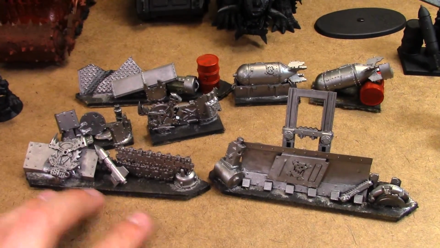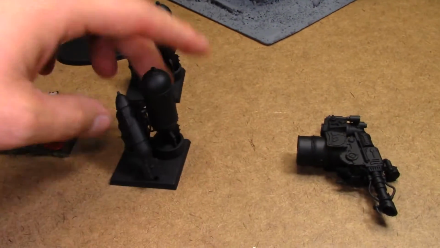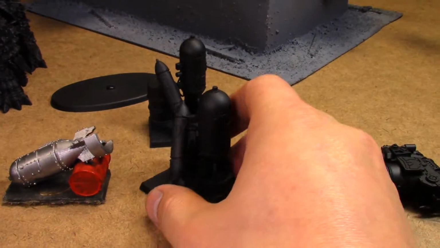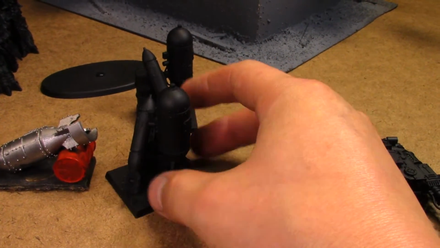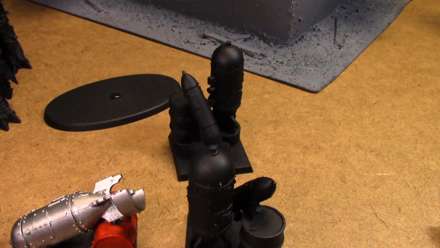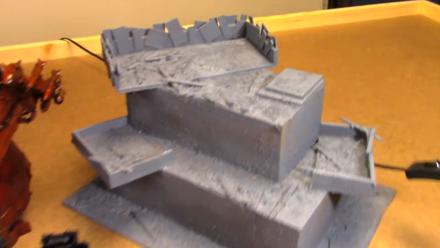I'm going to repaint all this and base it and stuff like that. Over here I've made some bomb markers. You might have seen these used in one of the battle reports I recently did. I'm going to drop this camera, this is dangerous. Just some bombs from the Jet kit with a random barrel. And these would be cool as objective markers, orc objective markers. I throw them on the battlefield from time to time. And the last thing would be the orc